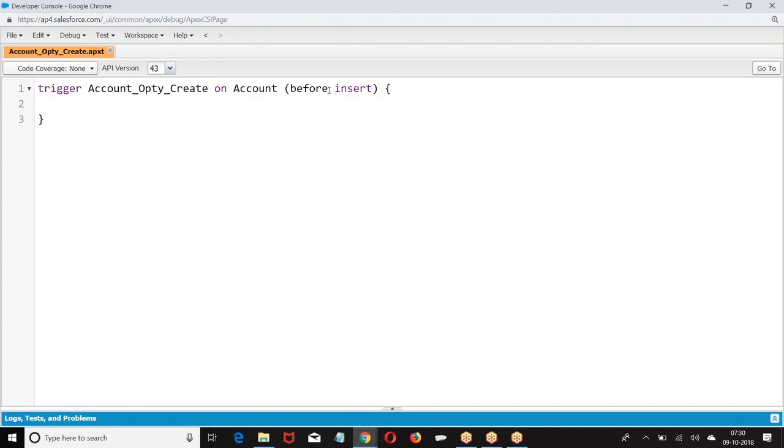What type of trigger is this? After insert. If it is after insert, Trigger.new will contain the list of new records which are saved to the object.